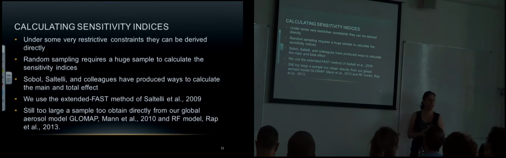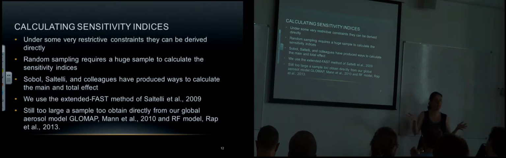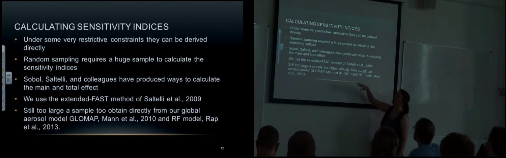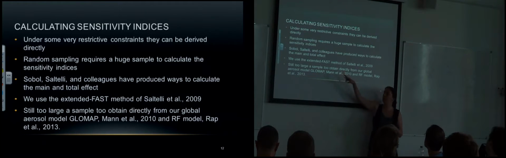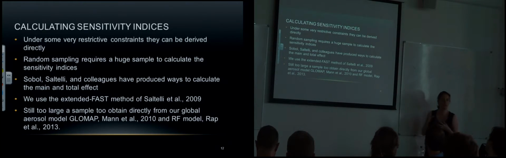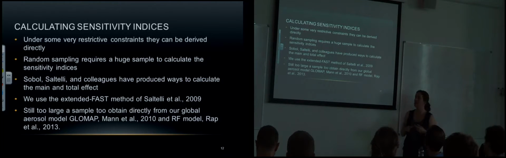So we have to use sampling to get enough samples to work out these indices, because we have to create that variance to be able to actually apportion it. So random sampling, we could do that, but it requires a lot of model runs. Even for a very simple model to create those indices, you'd need a huge sample. There has been work, thankfully, to actually break down the equations behind those indices and use an extended FAST method,